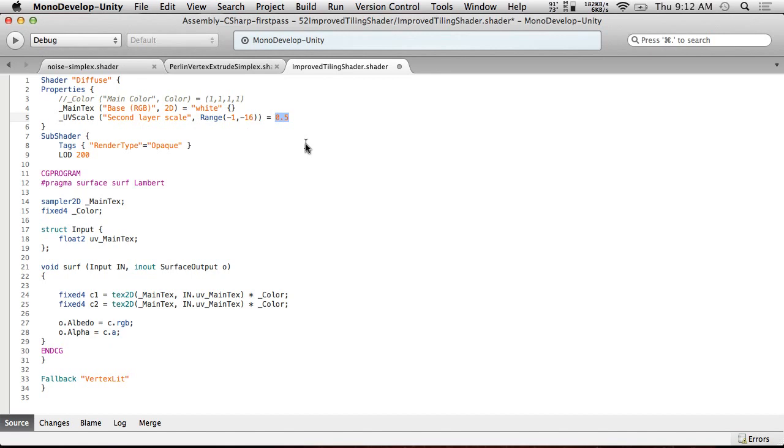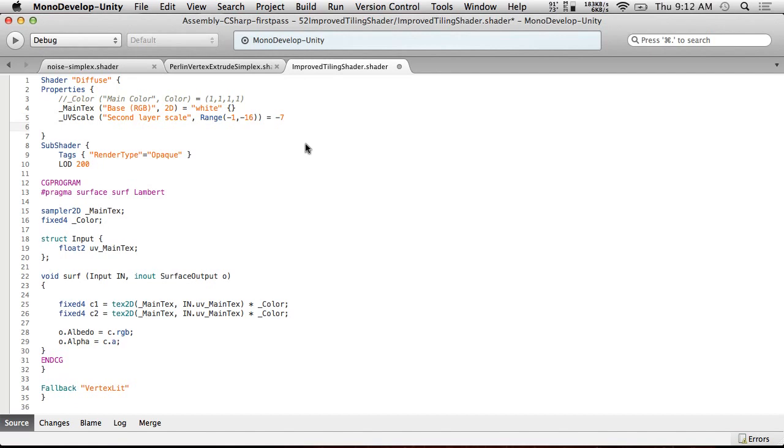So we're going to default this to, I liked -7 as a default. They suggest 4 or -4 in the documentation, but I think that having an odd number actually works better, and I found it better at a higher rate. We'll see how it actually works on this texture. So UV scale, we're going to have